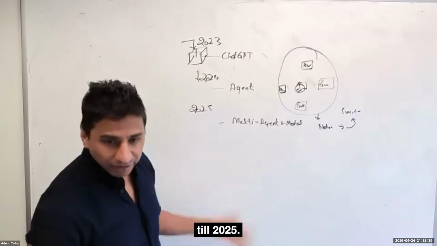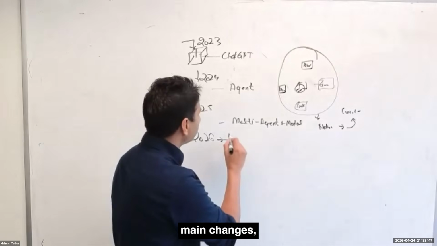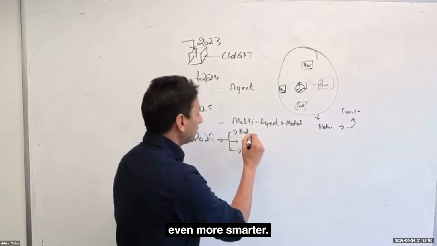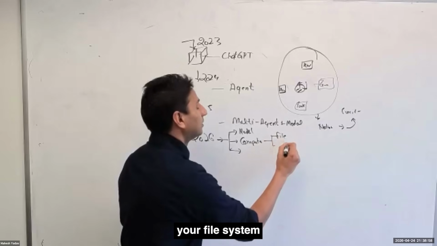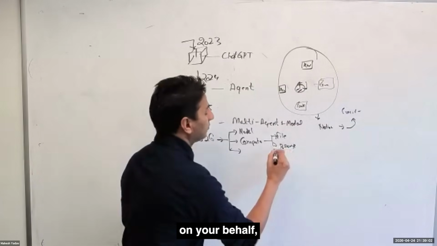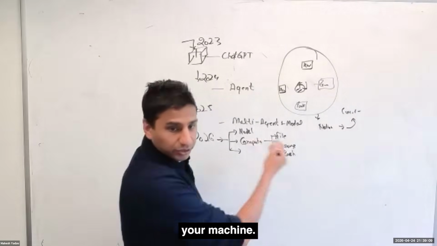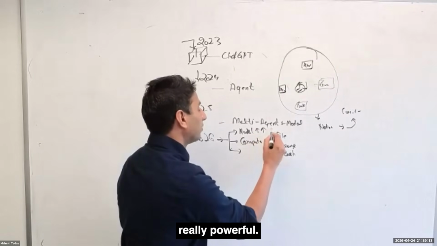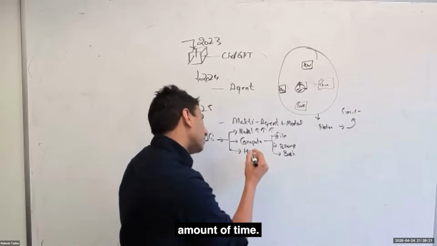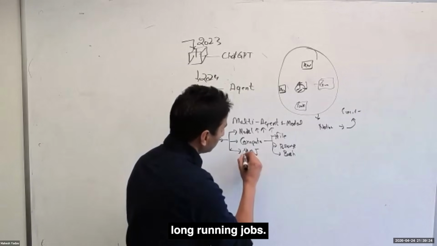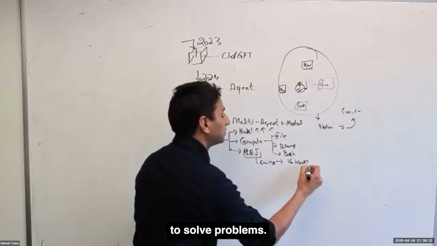So that's the world till 2025. What happens in 2026 is there is a new SDK, or the models grow because of three main changes. The models got even smarter. We got computer control, so these models can access your file system and can browse on your behalf, and can also have command line access so that they can send bash commands on your machine. So we got more capabilities. The model became really powerful. And because the models became powerful, there was another thing, they can run for a long amount of time. So you have these long running jobs. Instead of 6 minutes, the model on its own can go for 16 hours to solve problems. With these three